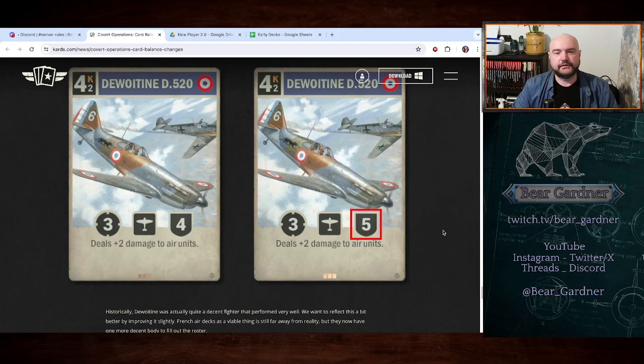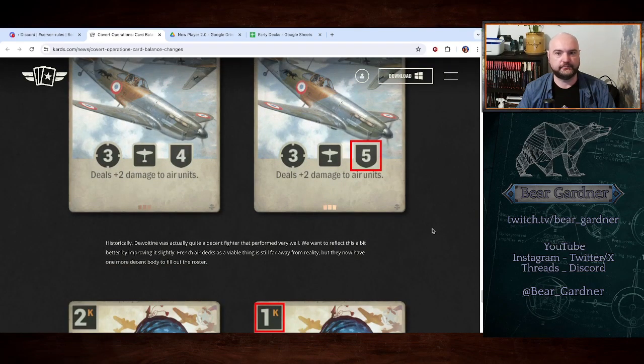Dewoitine D520. Dewoitine. My French should be better than it is. I have a French-speaking, or had a French-speaking grandmother, but you'll have to forgive me if my French is terrible. Anyway,